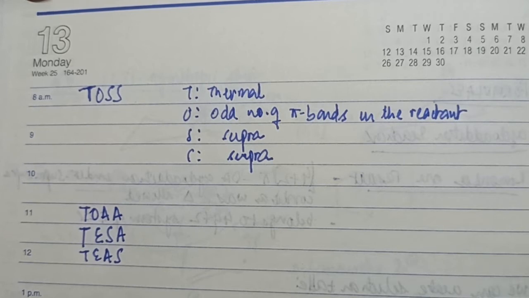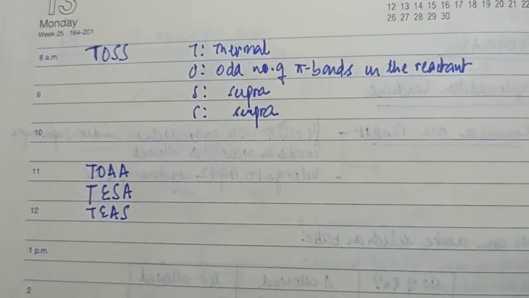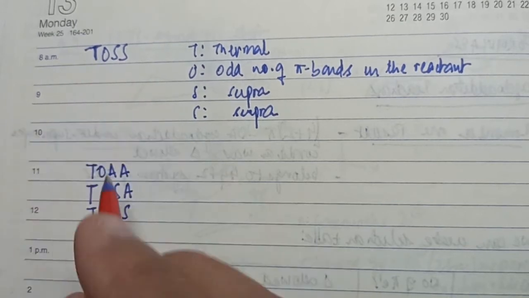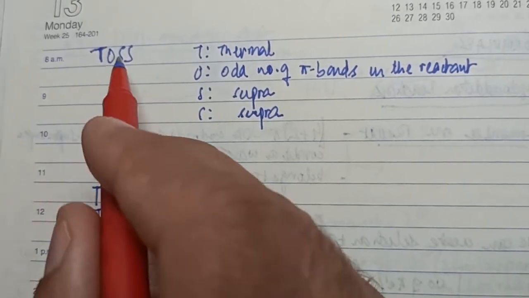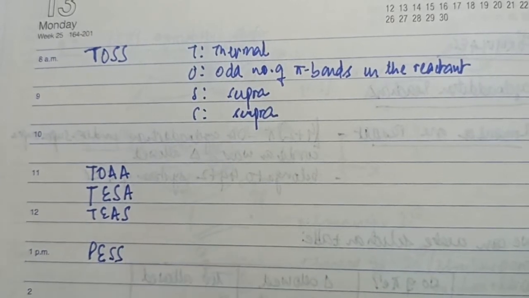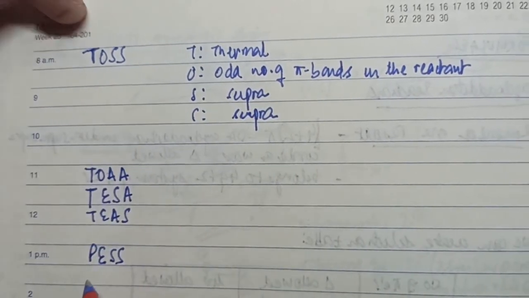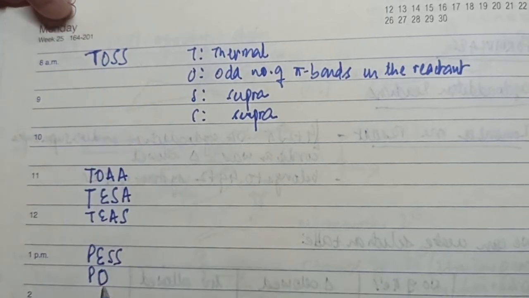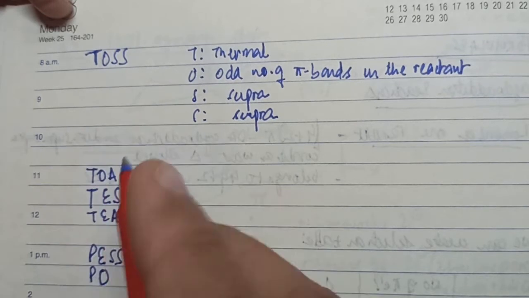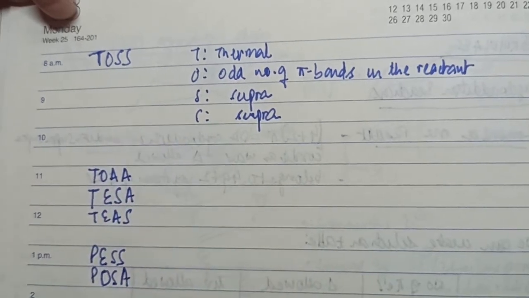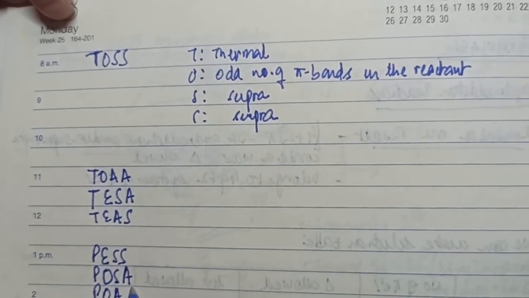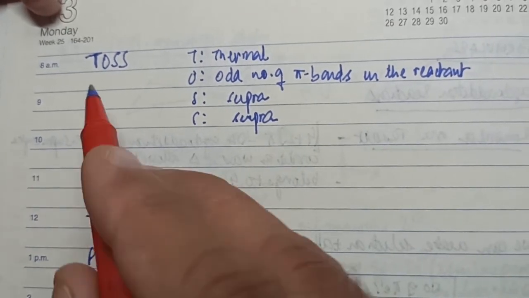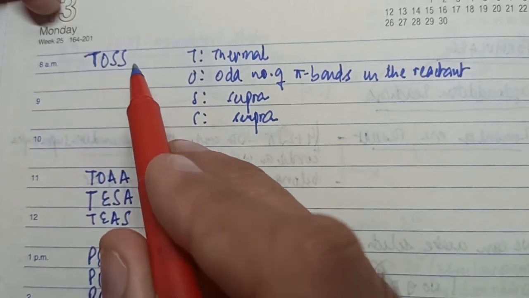Similarly, I can create another set of formulas for photochemical conditions. Now I change thermal to photochemical and I change odd to even. I've changed two things. The remaining two things remain the same. I change thermal to photochemical and I do not change odd, so odd remains odd. Then I have to change one more thing: supra becomes antara, giving photochemical, odd, antara, supra. And finally, photochemical even: both things are changed, and supra remains the same.